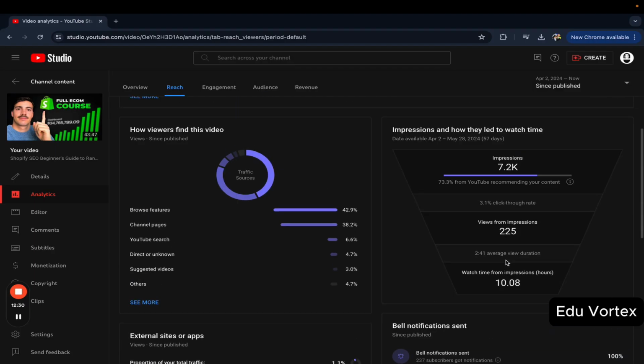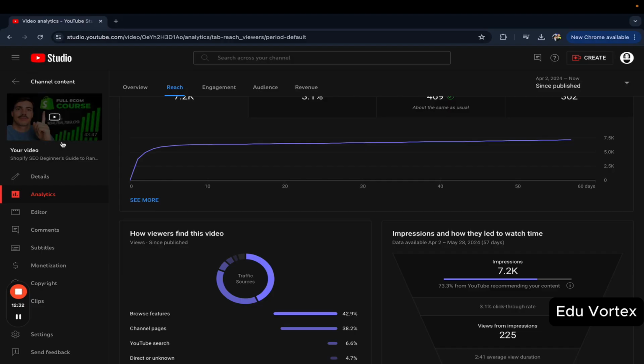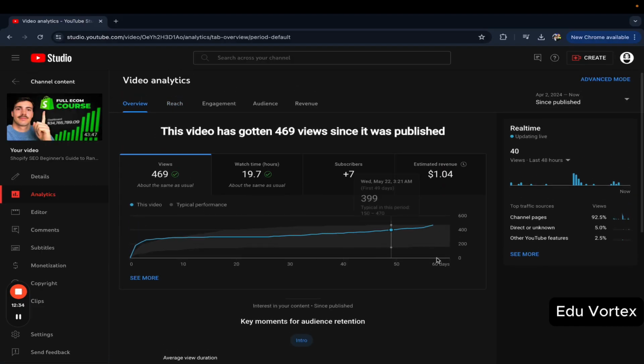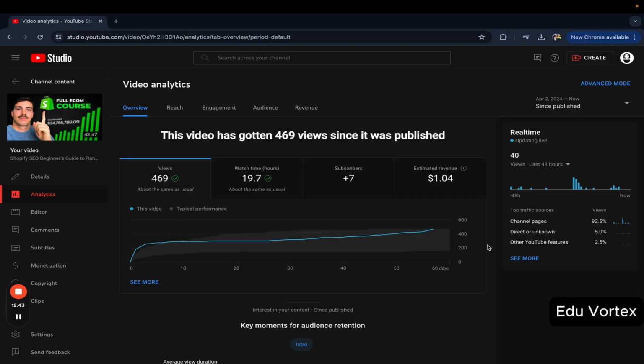I mean, not enough. But what I'll probably do with this is put some ads behind it, not right now because it seems that it did flatline right here, but now it's going up. Again, this will happen to you and this will pain you. My point here is that the value here is amazing. It's 50 minutes of pure value, and I do not want this to go to waste. I want more people to see this, and I do not want to have to record this again. So I either put ads behind it or I upload it in conjunction with different videos and make a whole new piece of media.